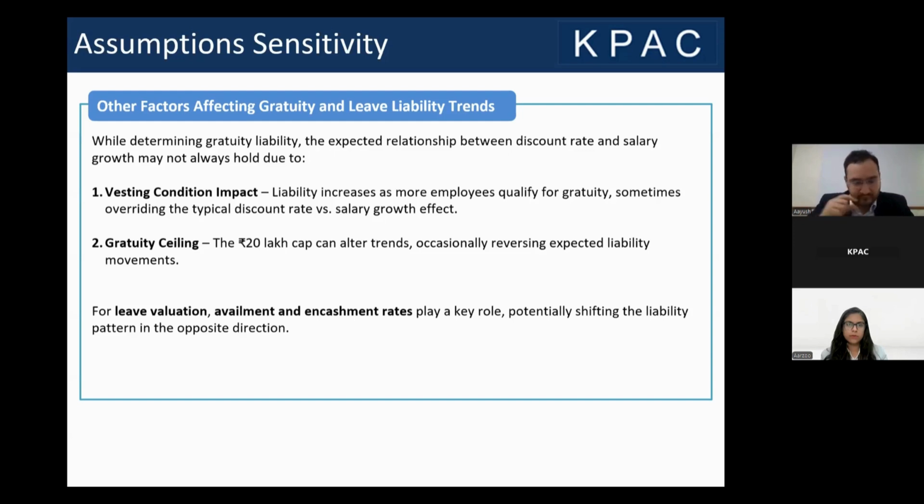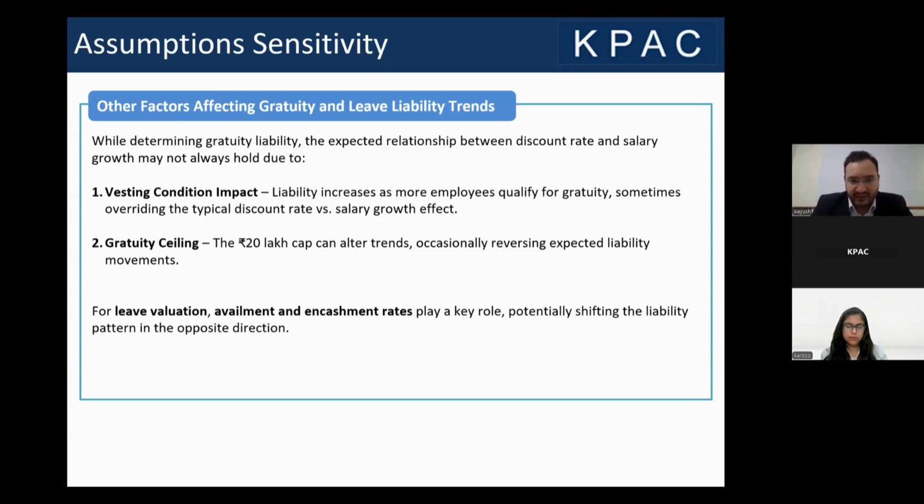In the leave calculation, the availment rate and the encashment rate play a role. So, other than your